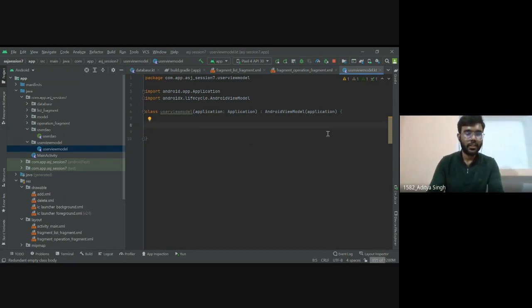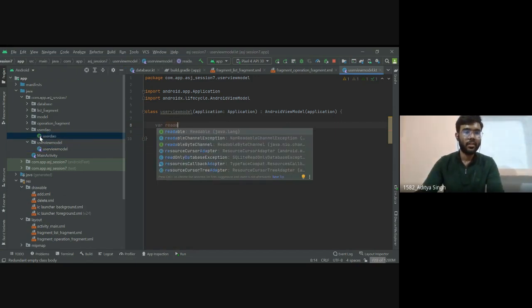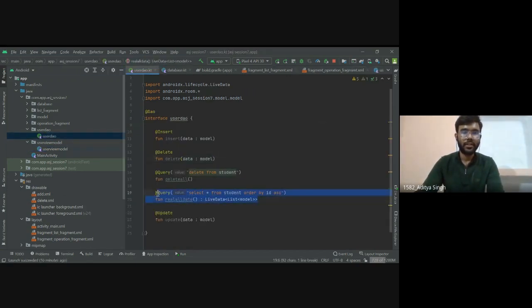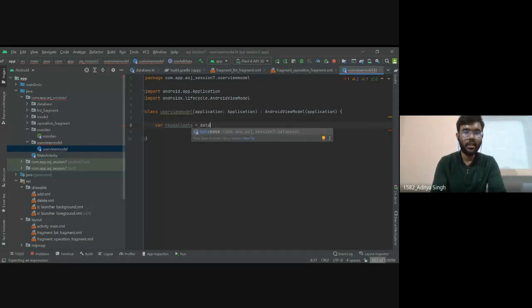Firstly, let's create a variable readAllData. For this function, we will create a variable because this part will not need any coroutine. It will directly just fetch the data from the database. So we will write it without a coroutine: readAllData equals, and see how I'm doing this.